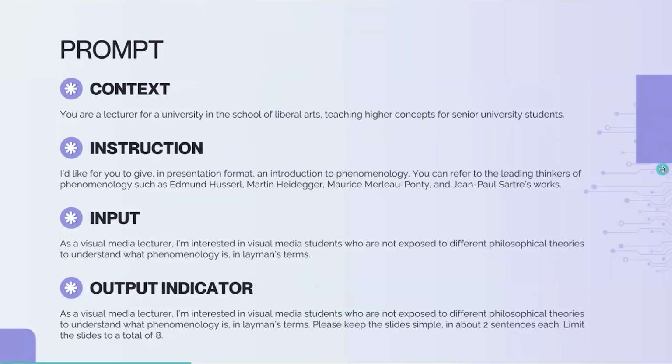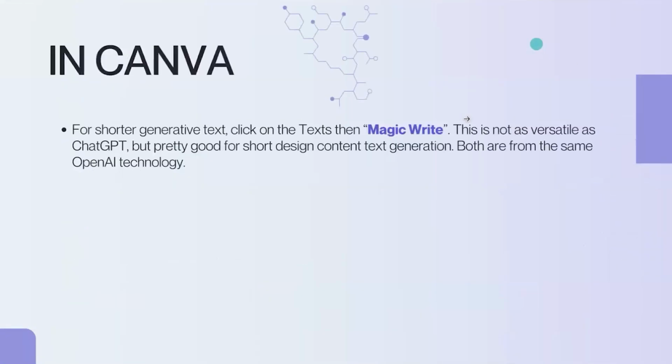So I'm giving it parameters. I'm saying I only want 8 slides. I don't want 24 slides because it's too much for them. And then I'll see what ChatGPT will give me, right? And so what I'll do